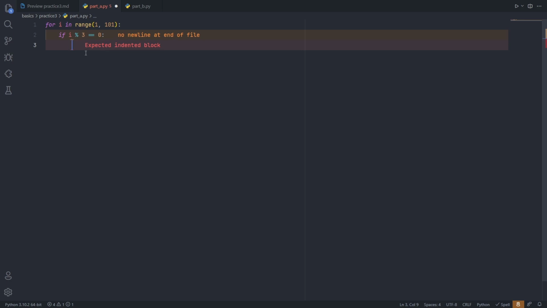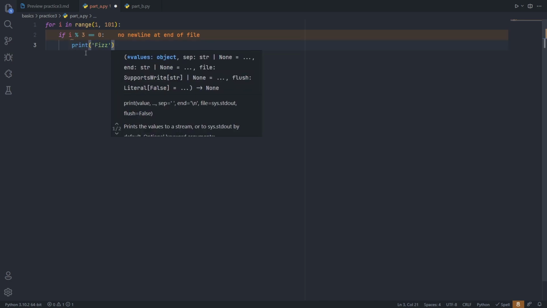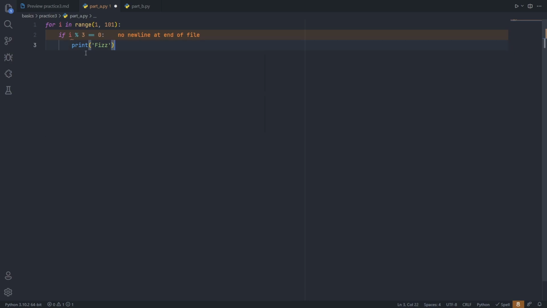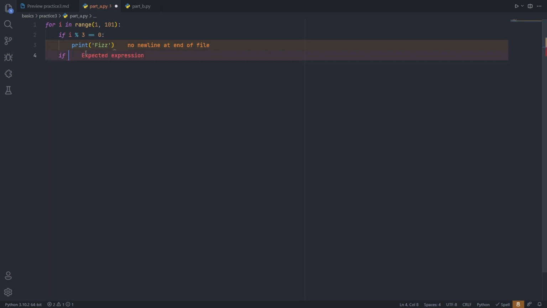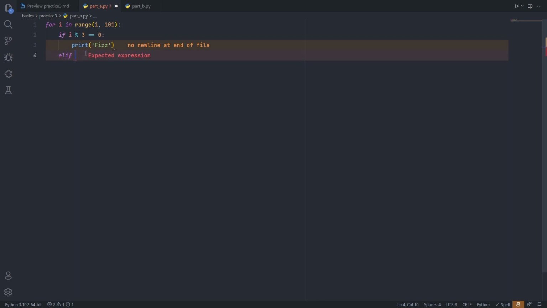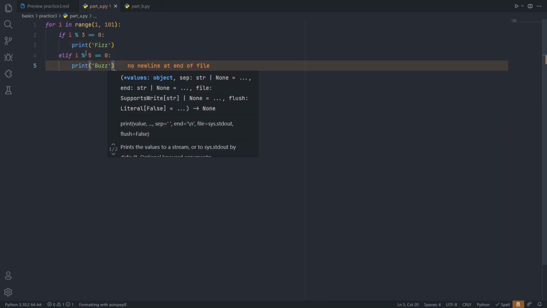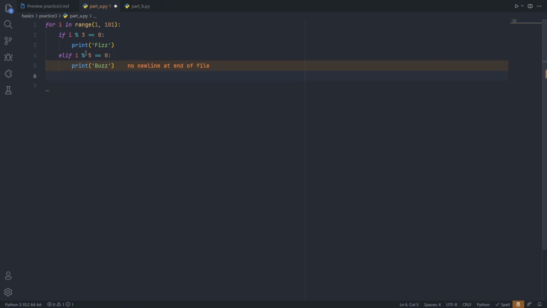So if i mod 3 equals 0, then I'm going to print fizz. And then initially, if you were a little stumped, maybe now you can kind of see where we're going here. Then I'll do elif, sorry, not if, elif i mod 5 is equal to 0. Then I will print buzz. And then I will also do elif